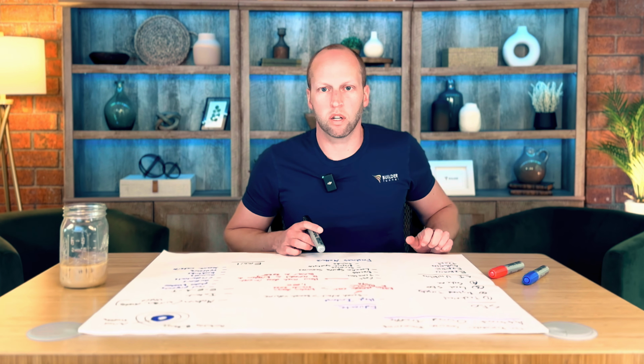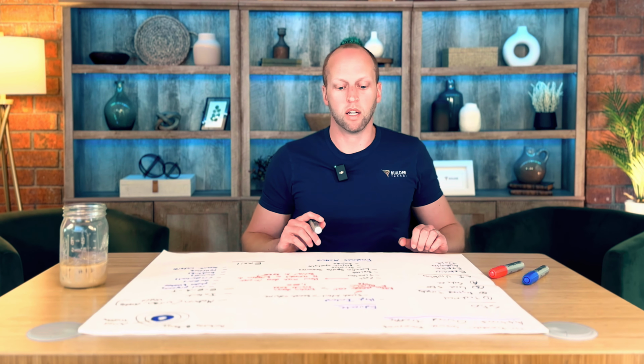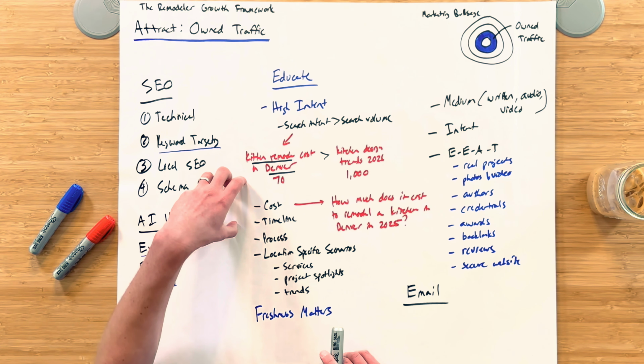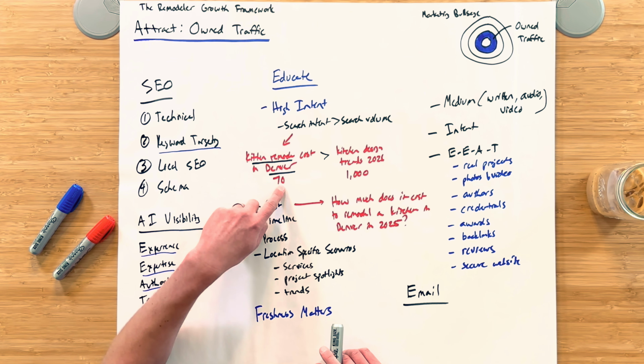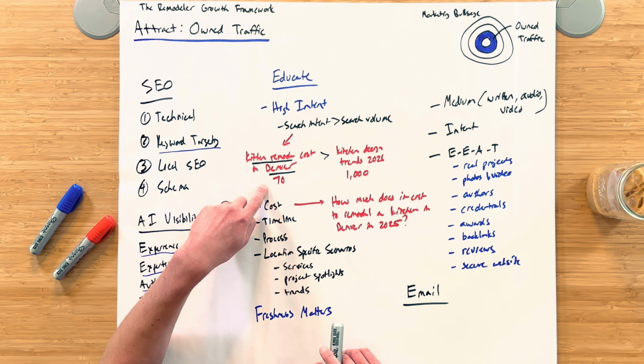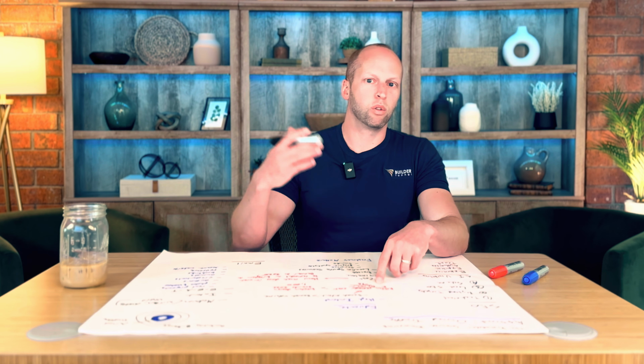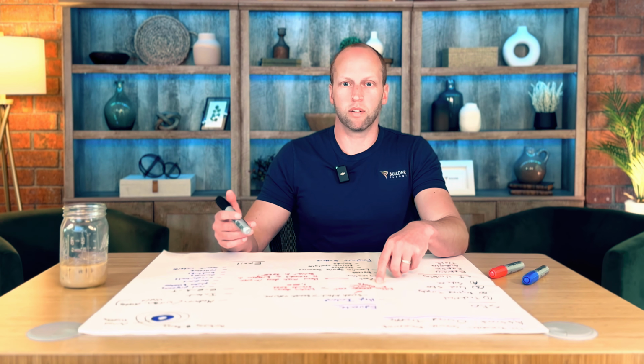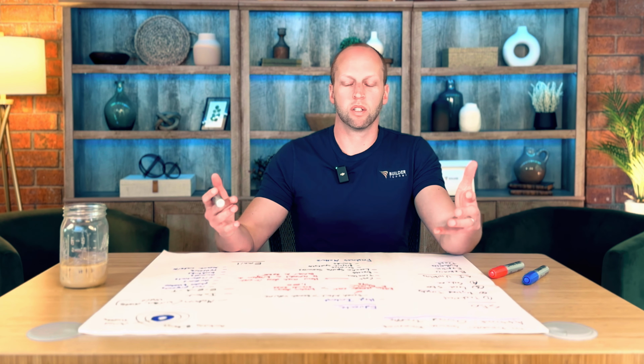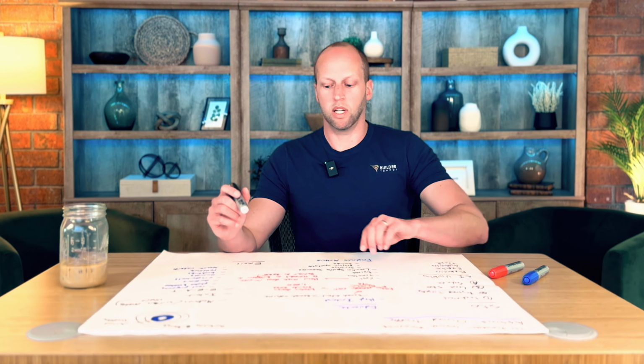And so this is traffic that you're not having to pay for every single click. Again, if you have worked your way up to the top spot for this, and this month 30 people click your website and get to your website, you didn't have to pay $2, $4, $5, $10 a click for every one of those clicks. You just got it because you own that digital real estate.